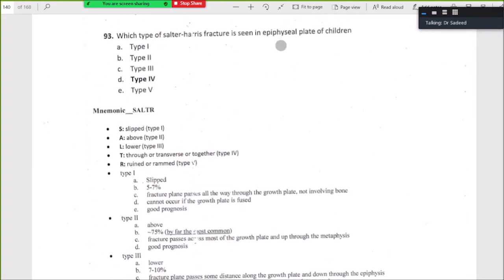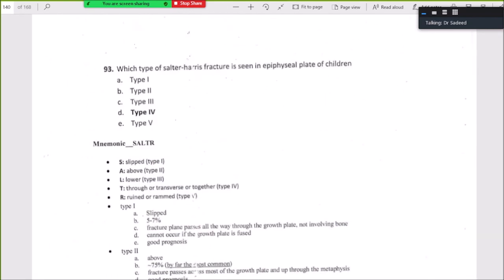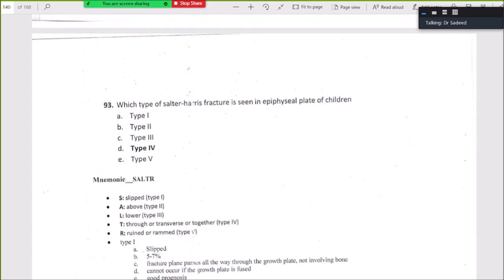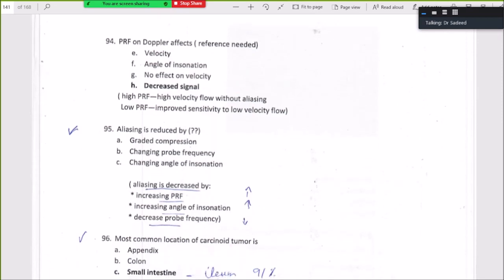Which type of cell health factor seen in final pair of children is type 3C? The 93 answer is type C. A final plate factor is type C type 3. 94. PRF and Doppler